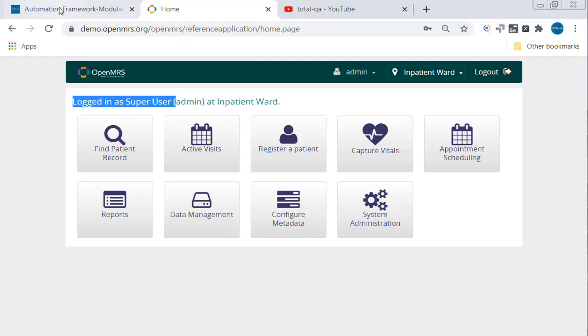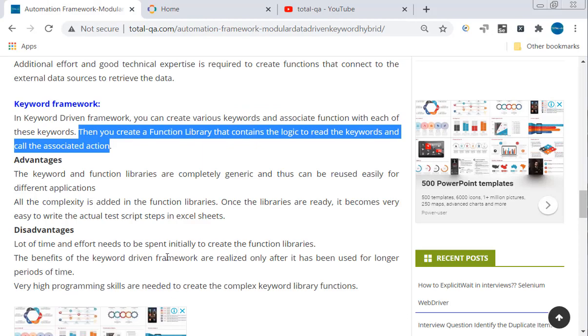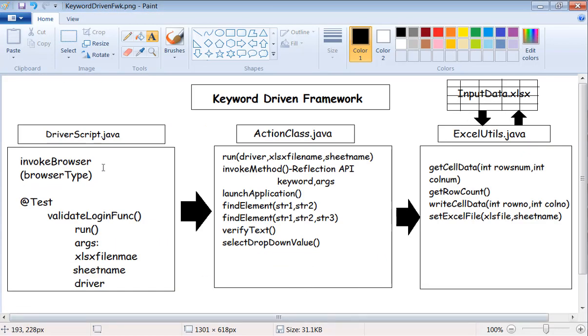will be uploaded in our blog as well. In the blog, this entire information about the classes, the driver script, action class.java, excel utils.java, testng.xml, pom.xml, and also the link to the XLSX file, all this information will be uploaded into the totalqa.com blog.